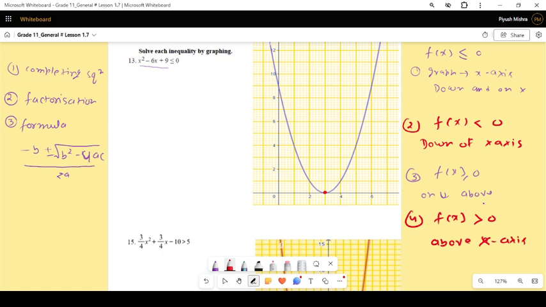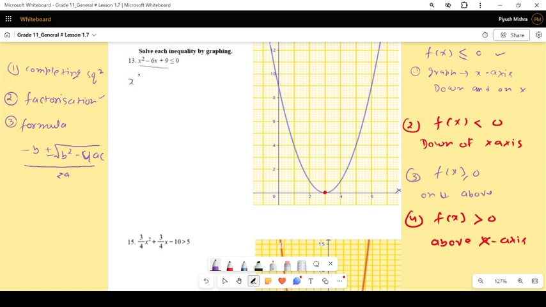So this is very important. Okay, so let's start here. It is telling here that we have less than or equal to, it means the first one. For this one, because it is less, I will be taking the graph below or on the x axis, any graph which is below or on this one. Okay, so before starting this one, let's factorize this one. I am going to factorize with the help of factorization.